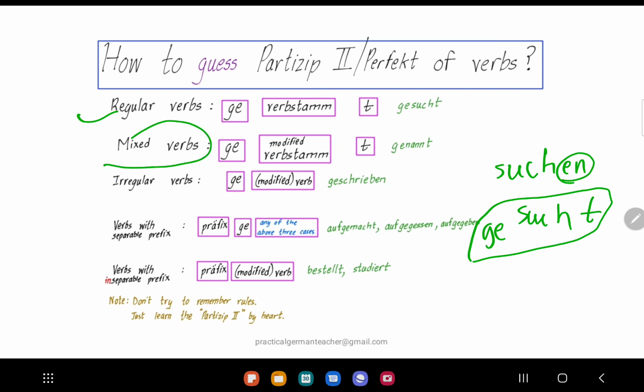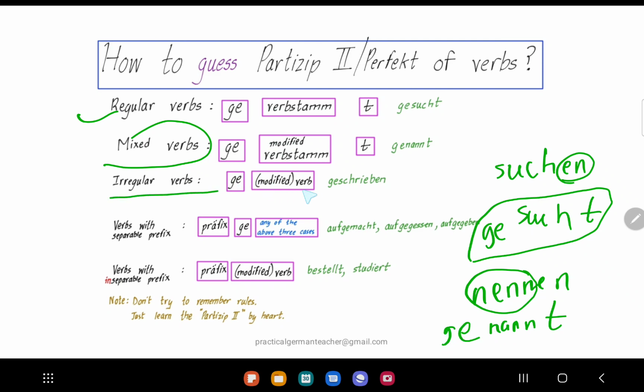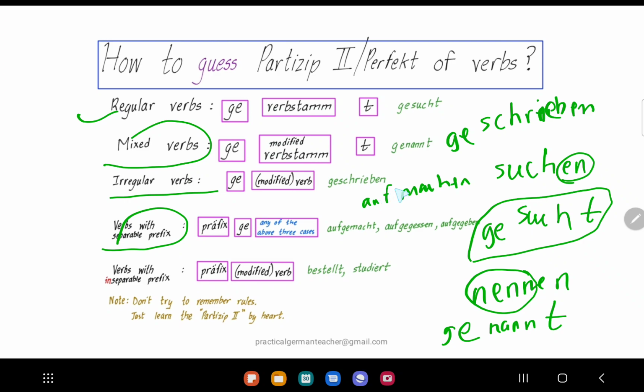Gesucht. Mixed verbs, for example, nennen. So you take this one and you modify it, make it like this. How do you modify? Like, here I made e to a, but it will be different for mixed verbs. So what about irregular verbs? You take, for example, schreiben, right? You add ge over here and you make it like this, geschrieben. What about verbs with separable prefix? So for example, aufmachen, it's to open. So what you do is, between prefix and the verb you write ge, auf-ge, and you just